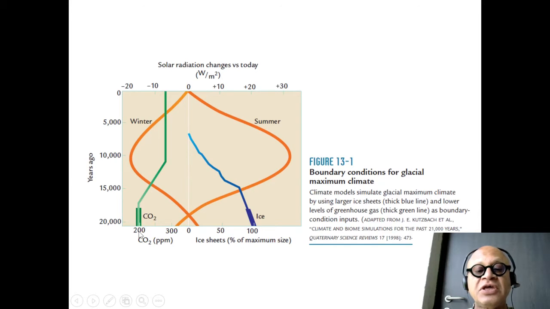So you can see the carbon dioxide coming out of the glacial maximum was around 200 ppm, because during glaciation it drops by about 80 to 100 ppm. The pre-industrial level of 280 ppm was reached by around 9,000 years ago. Slow deglaciations happened, all the glaciers disappeared, and then the CO2 remained fairly constant till the Industrial Revolution and the